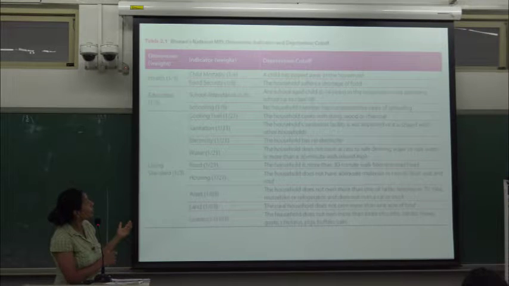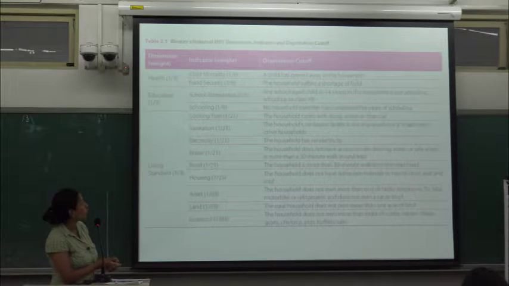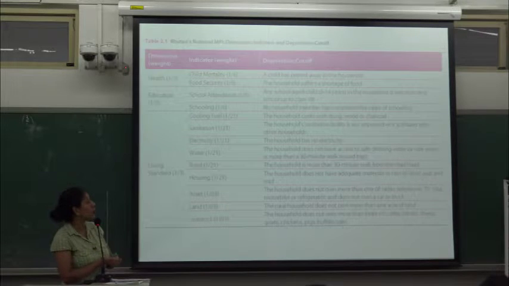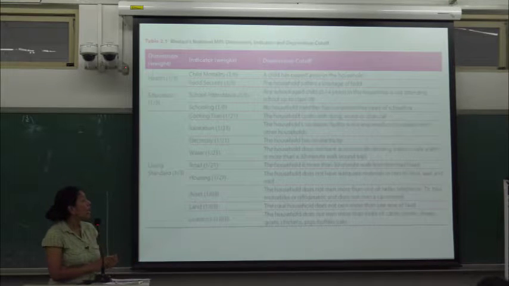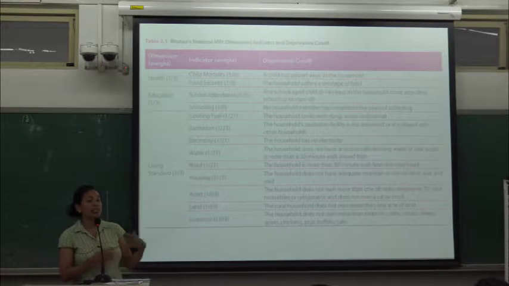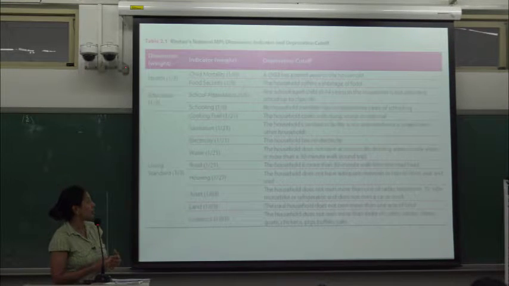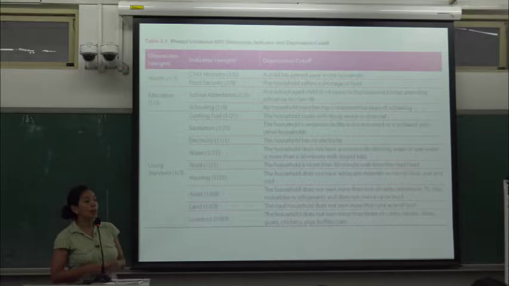In terms of cooking fuel, whether they use solid cooking fuel; sanitation facility is not improved or shared; whether the household does not have electricity; or does not have access to drinking water, or this drinking water is further away than more than 30 minutes by walk,